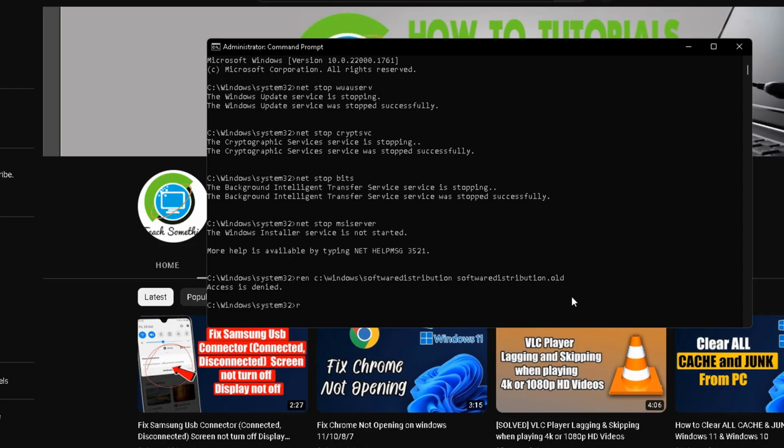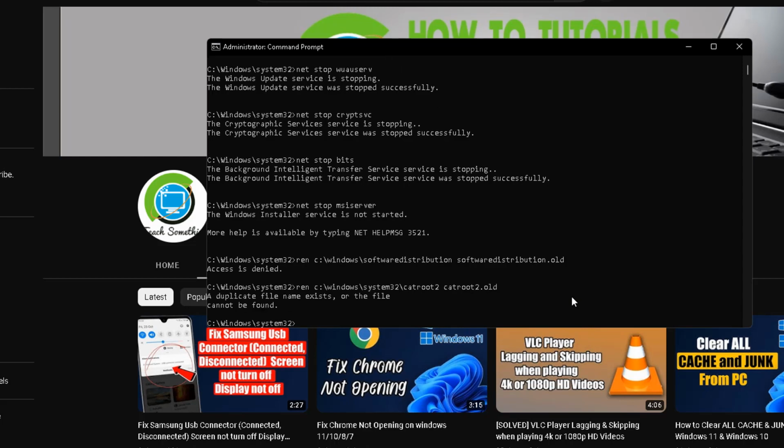After that, type the command ren C:\Windows\System32\catroot2 catroot2.old and press enter. After doing this, type exit and exit the command prompt, and after completing that, type the command